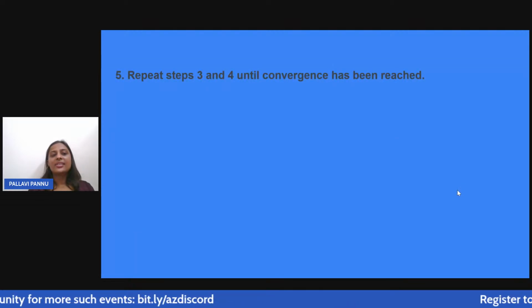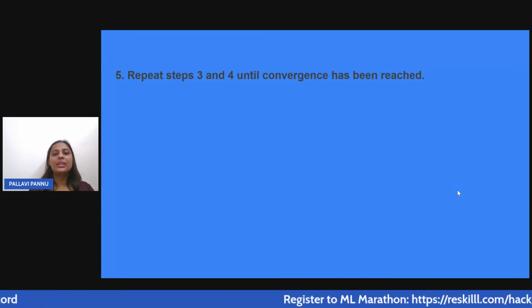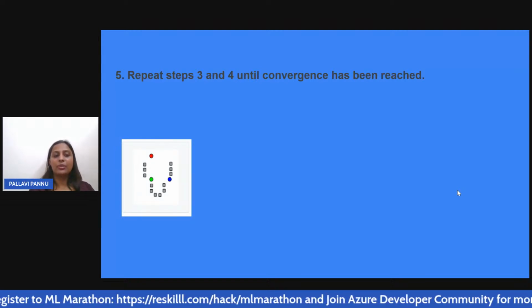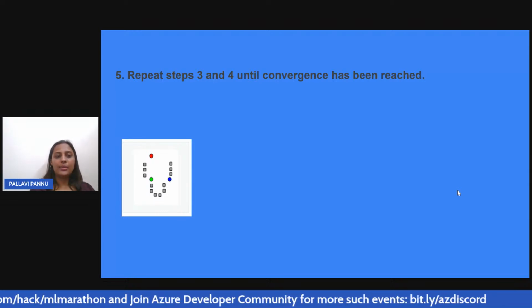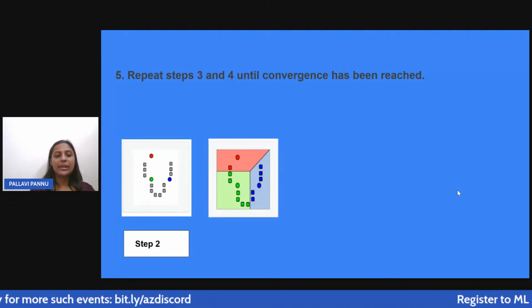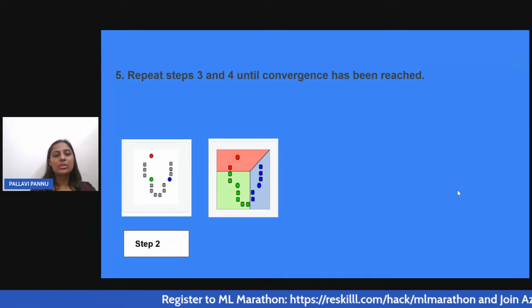And next we have to repeat this process again and again until convergence has been reached. So this slide provides you a complete recap of the entire k-means algorithm. First, I have chosen 3 clusters randomly, red, green, and blue. Next, I assign all the data points to the closest cluster center. You have to compute the distance of every data point to all the clusters, and whichever is smaller,